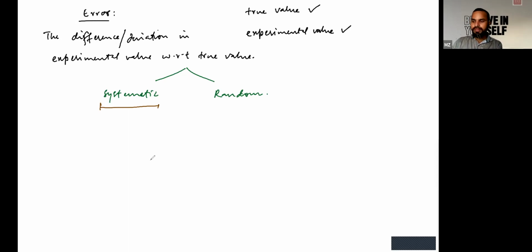Let's say if you have to measure the length of a particular object by using any metallic scale, metallic ruler. Suppose you have done your calculation in winter, and similarly, if you've done the experiment again in summer, whether your observation would change in two different situations or it will remain same,